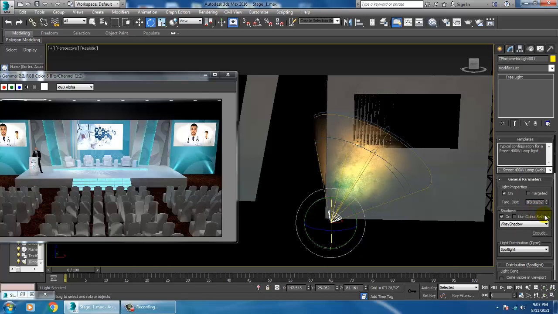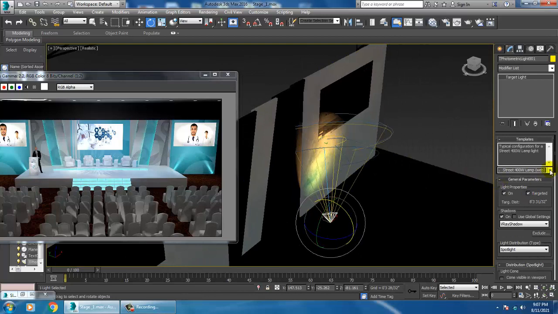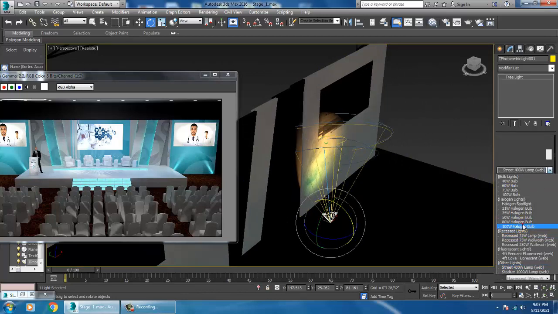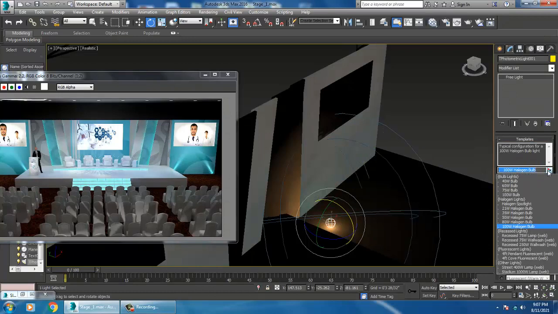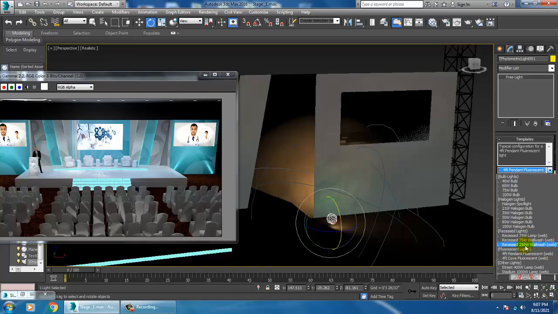You can go over here, target, you can set up a target also, and how you want. You wanted 100 halogen, you want any kind of a processed light, sorry, fluorescent light, I'm sorry.